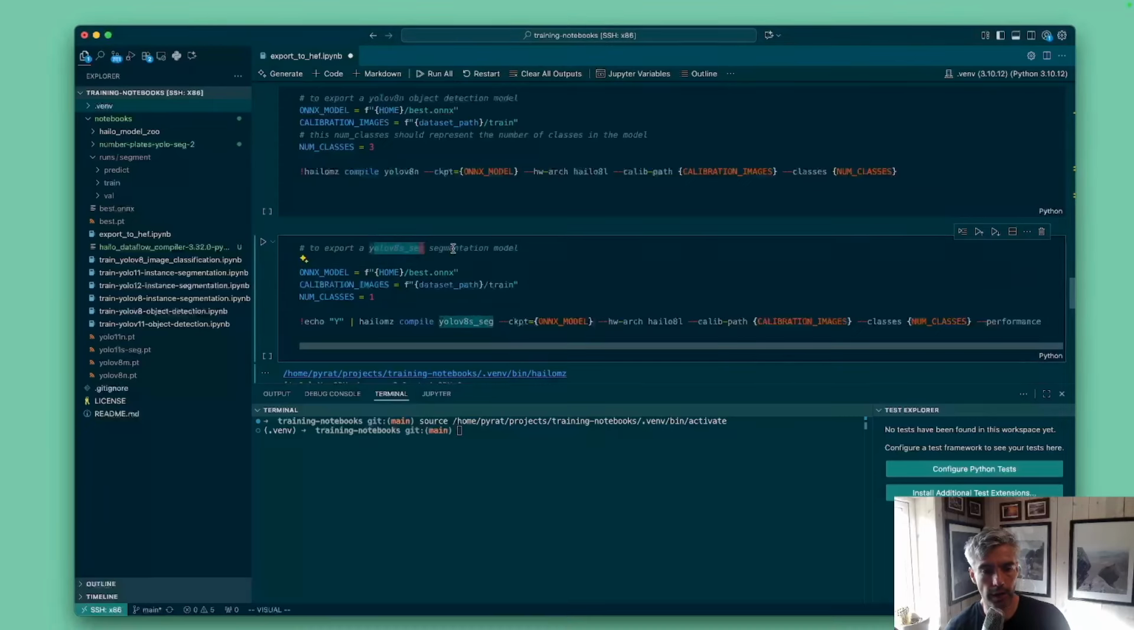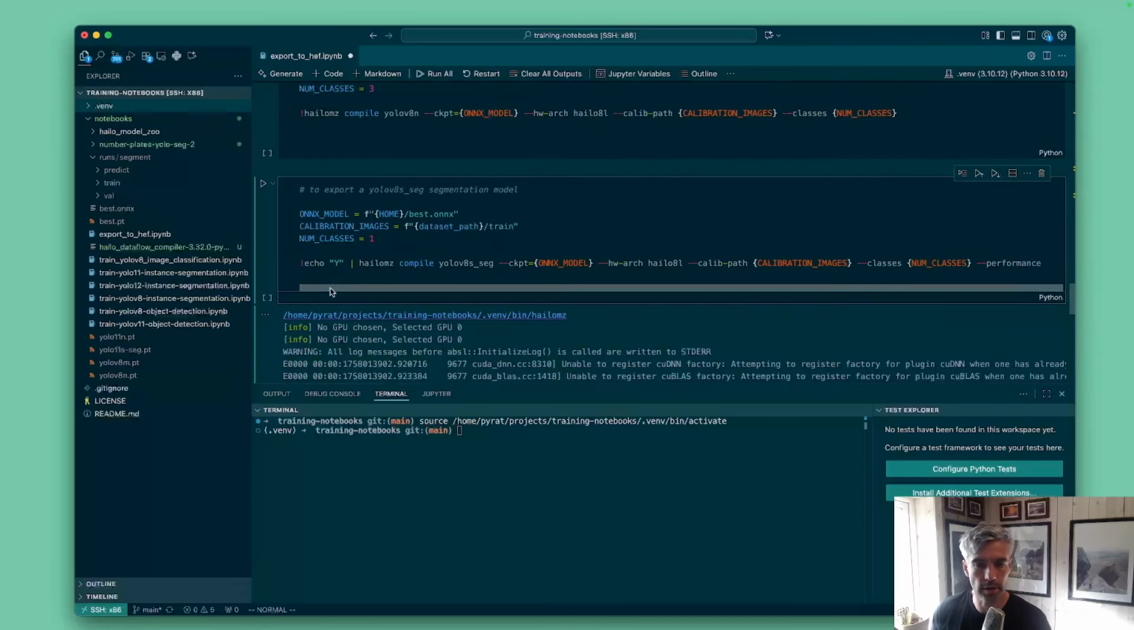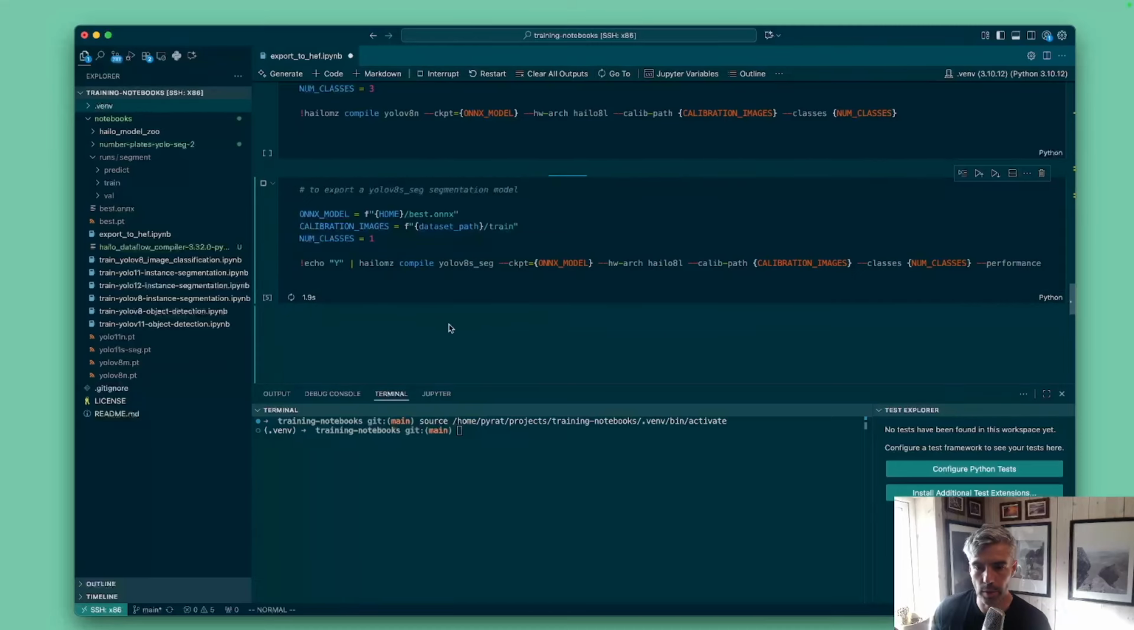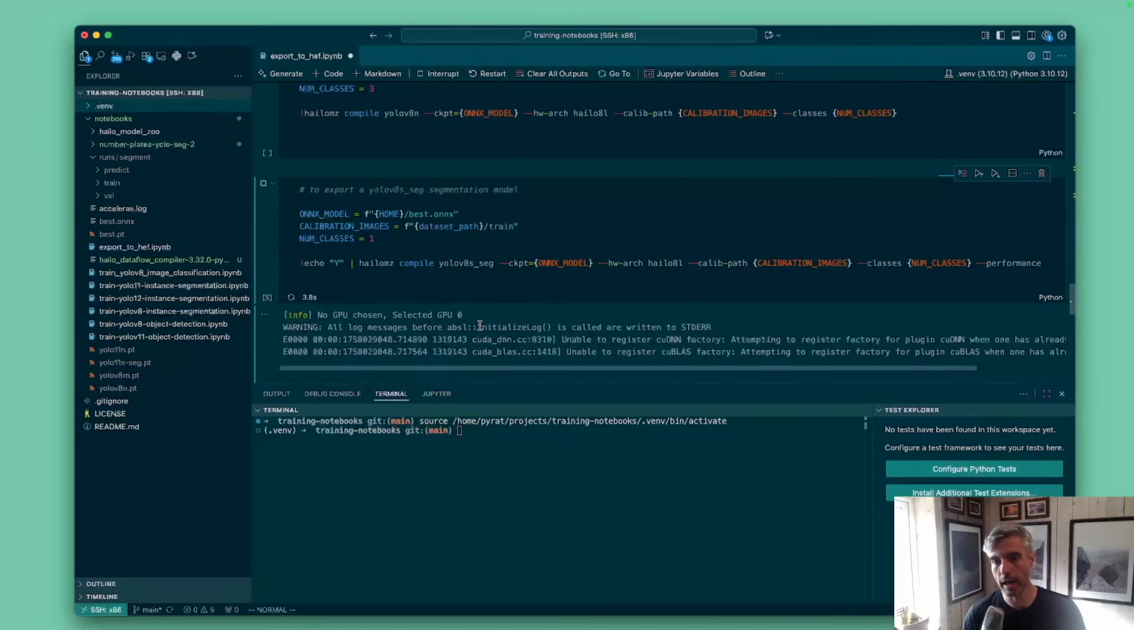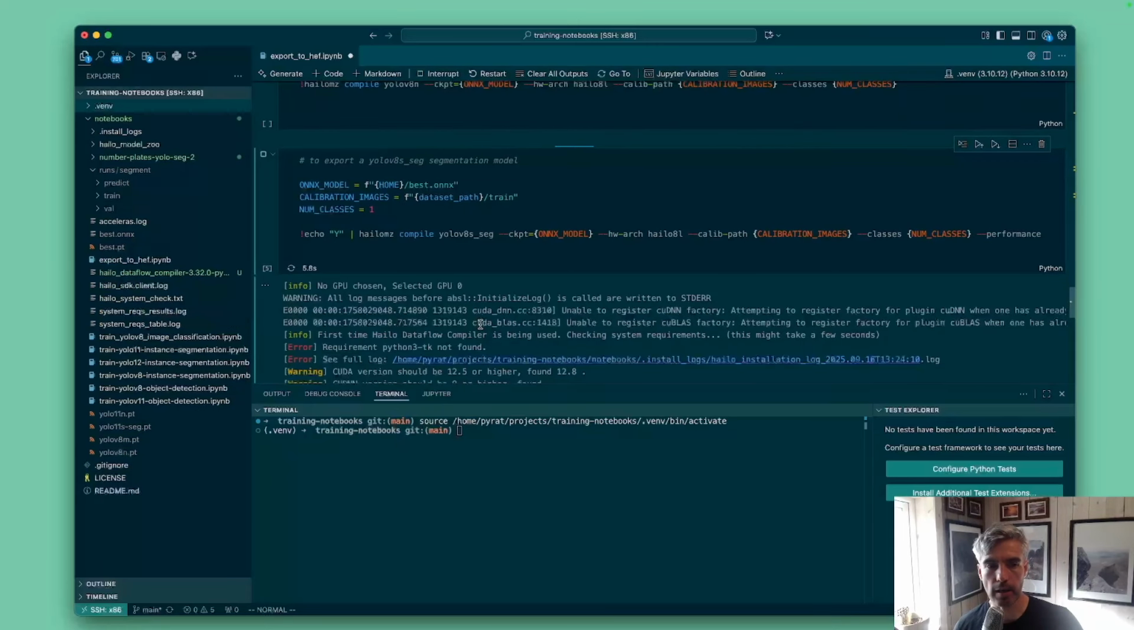Now for a one-liner for the Hailo Model Zoo compile step, we need to pipe yes to hailomz compile so that it doesn't actually ask us for some input in the process. We're saying our checkpoint is the ONNX model, hardware architecture Hailo 8L, calibration path of the calibration images, number of classes is 1 that we're passing, and we're also asking it to use the performance mode for compiling. So compiling,